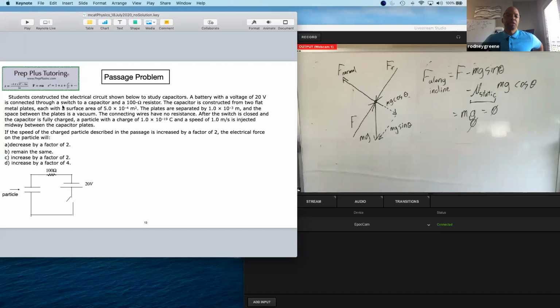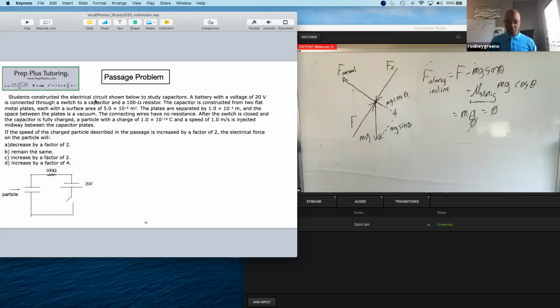Usually you don't need to use a lot of highly sophisticated mathematics to solve these problems. They're concept problems. So you need to know some equations so that you know what concepts to apply, but I would say you don't need a whole bunch of super sophisticated mathematics. You don't need calculus. Algebra is the most math that you will need for these 15 physics questions on the MCAT. So here's the statement of this passage problem.